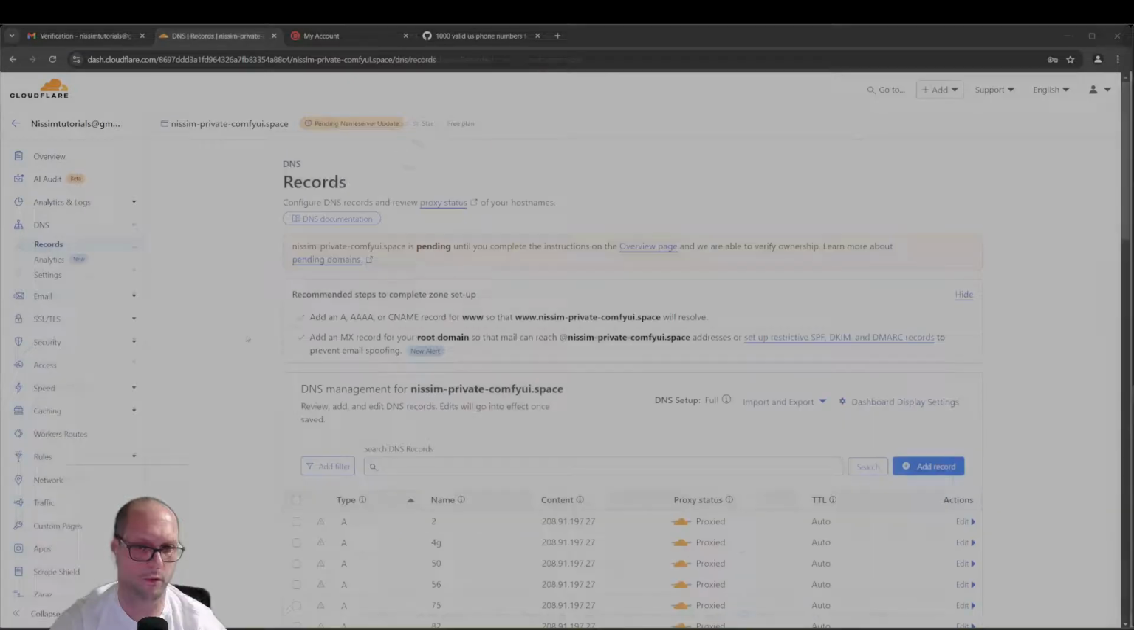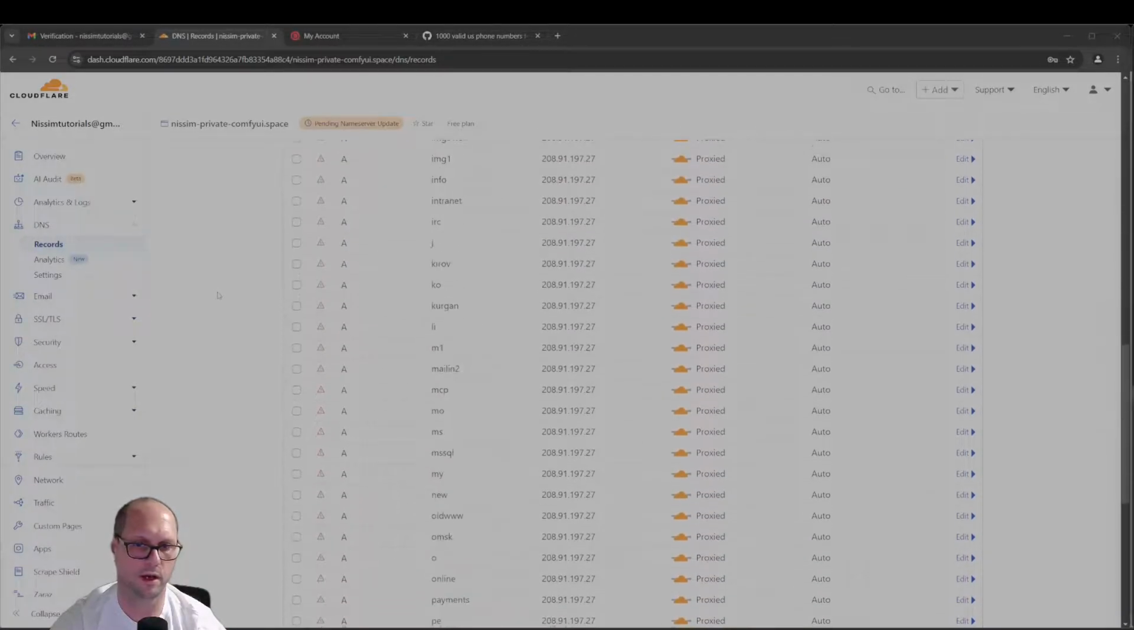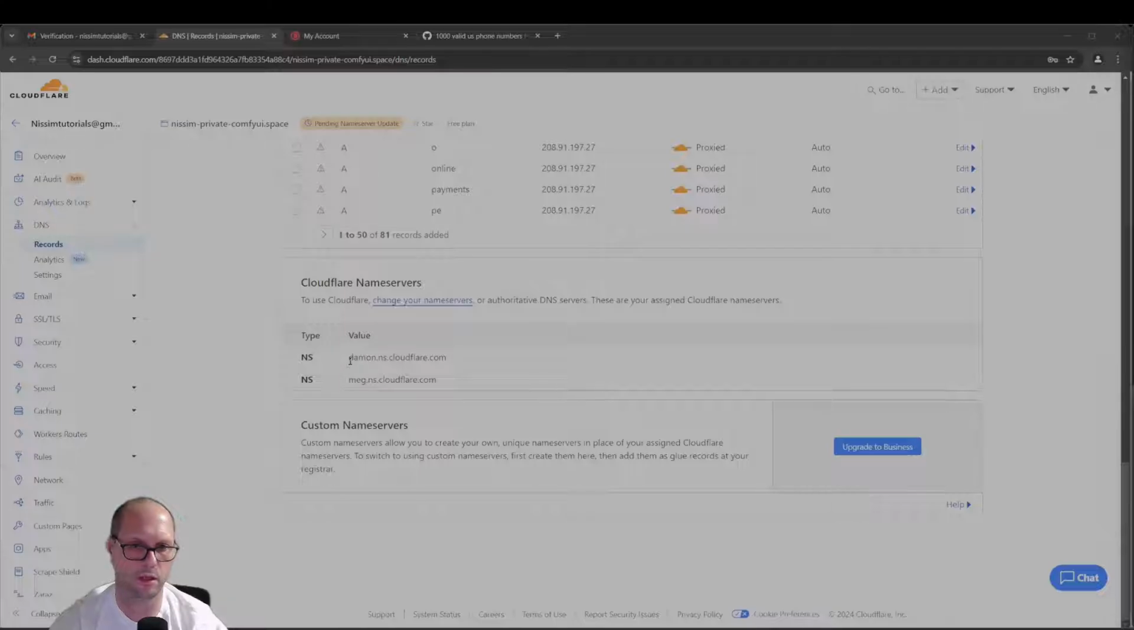So free account. Now in this part you will see all the records. You don't care about those, okay? You need to scroll down, and then you will see here the two DNS that you actually need. To use Cloudflare, change your name server. Okay, so we need to take those two. First of all, we copy the first one, go back to